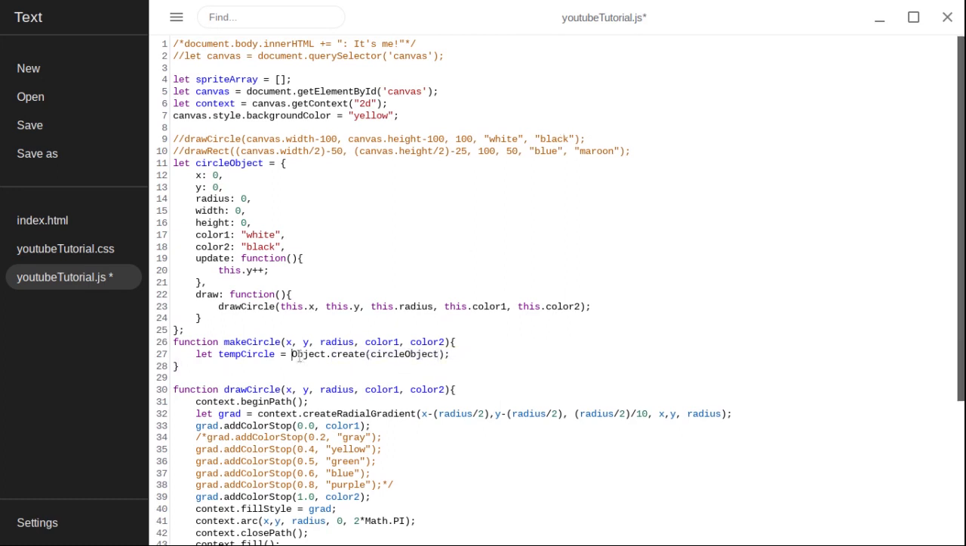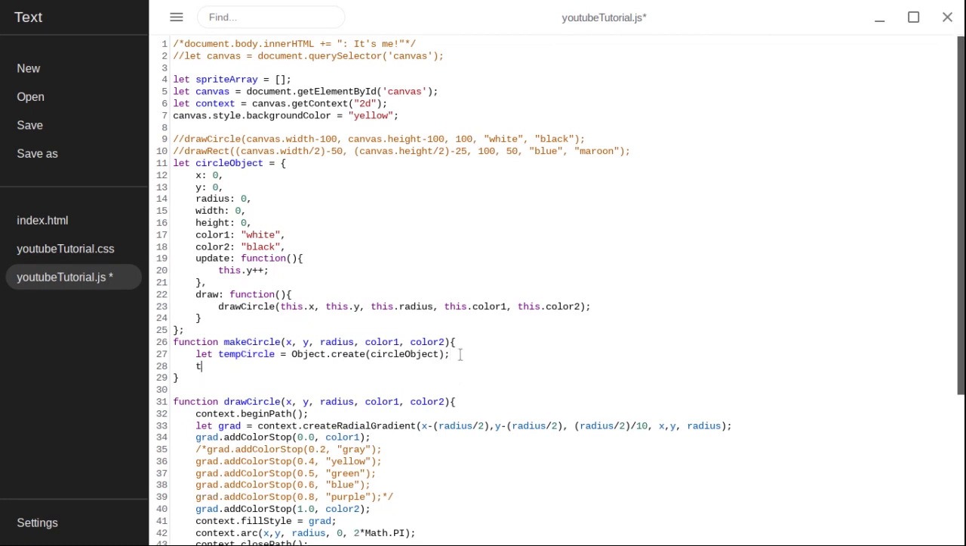You have created a circle object and you put it in temp circle, and now temp circle has an x, temp circle has a y, temp circle has a radius and a width and a height and a color 1 of white and a color 2 of black. It has an update function and it has a draw function. All of that has just been placed into the variable temp circle. So now we want to change some of those attributes to